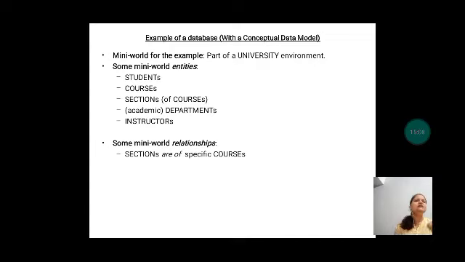And now, what are the relationships between these entities? These are all the entities: students, courses, sections of courses, then academic departments and instructors. These are all the real-time entities, objects which come under the university database. Now, what is the relationship between them? Yes, there of course exists a type of relationship, right? If there is no relationship, then we don't consider them in a single group, in a single database group. Therefore there exists a relationship, right? So what is the relationship between the sections and the courses?